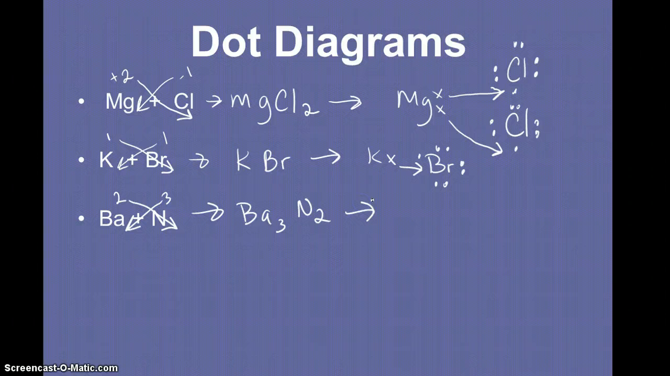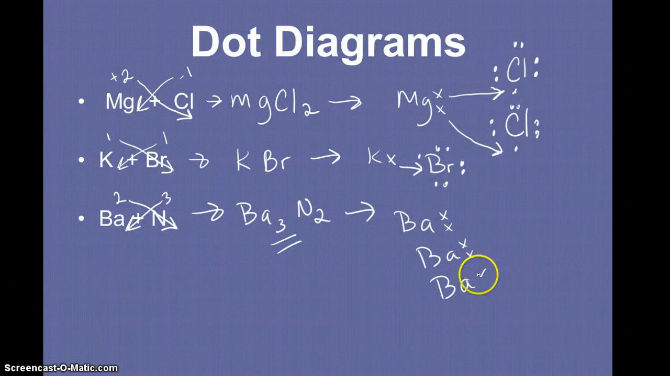In order to do the diagram for that, we know that barium has 2 electrons in its outermost energy level. We know that there are 3 of them, right here, 3 of them. There are 2 nitrogen. Now nitrogen has 5 electrons in its outermost energy level. Okay, now when these guys transfer, these are all going